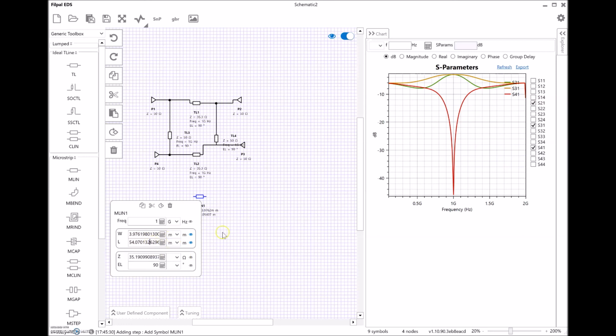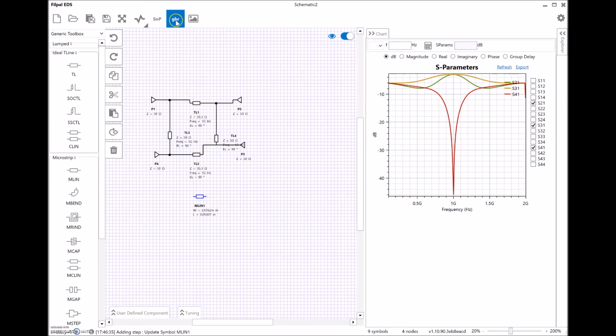Okay, so you can do so for the rest of the transmission lines, and then you can export the Gerber